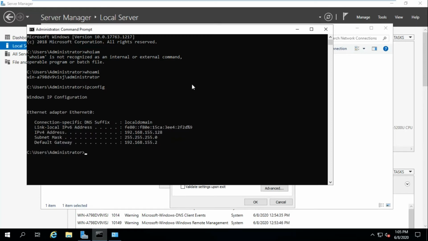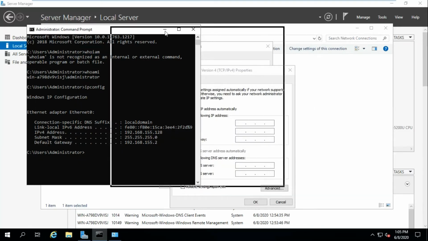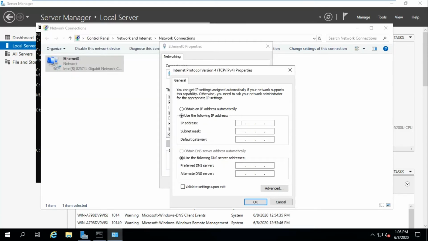So this is the dynamic IP address from the DHCP server. So let me assign the static IP address here, 192.168.155.199. So the gateway is